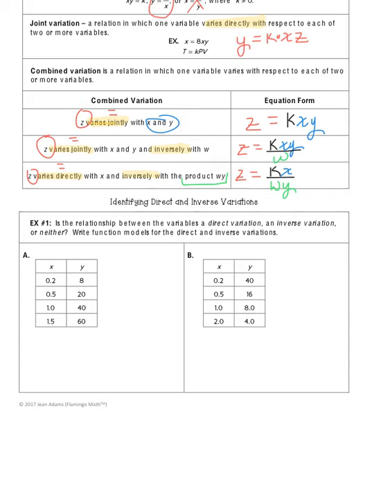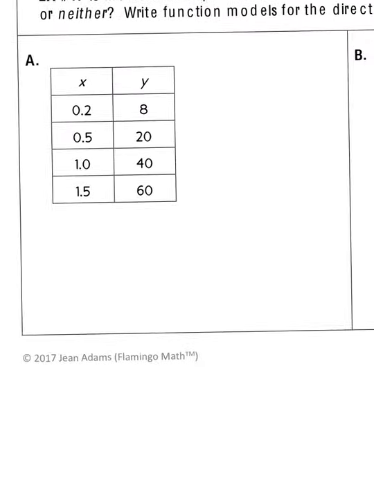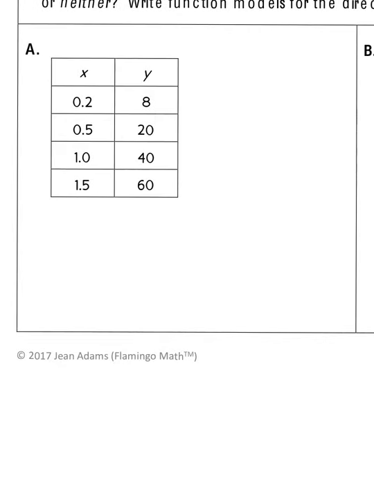All right, so the next section we're going to identify, given a table of values, whether a group of ordered pairs are inverse or direct variation. Or it could be neither. So I'm going to make these bigger, and what you're going to do is look at the product or the quotient of x to y. So if you go back and look up at the top of your notes, if we have direct variation,